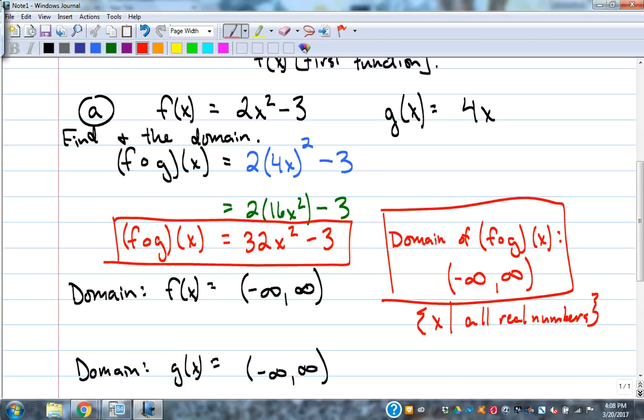We'll kind of hang out more in interval notation than the other. Okay. All right. So no restrictions on either. There can't be any restrictions on the composite function. All right. Let's do